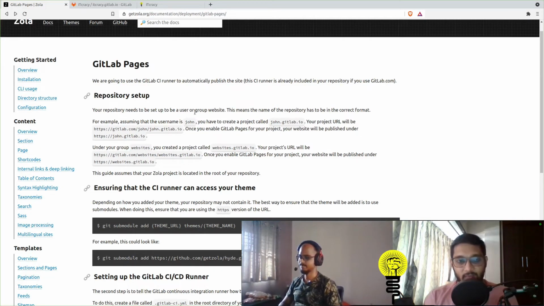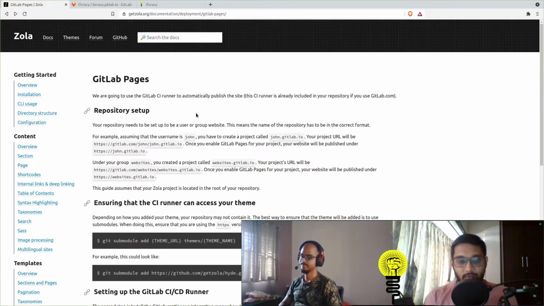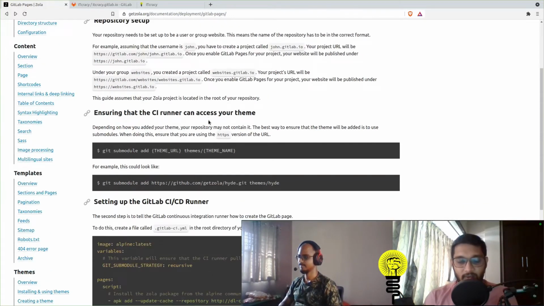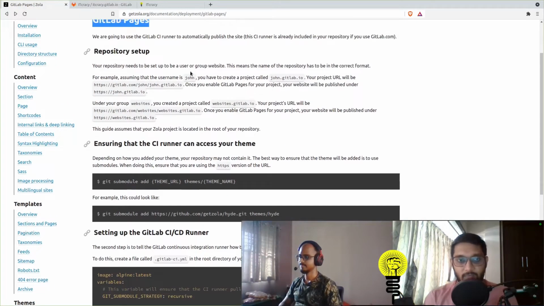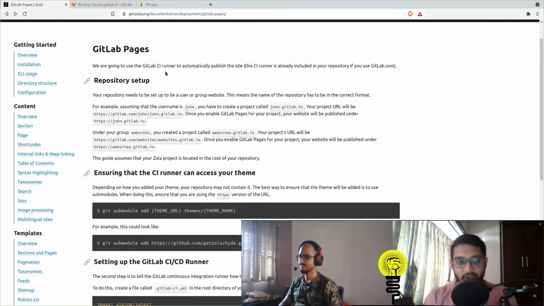Now, as Naveen showed you how to create a production build of your website, we are left with two things to do, which will deploy our website to a service. First is to have a config file for whichever service you want to deploy your website to. In our case, we have deployed our website on GitLab Pages, so we will create a config file for GitLab Pages.